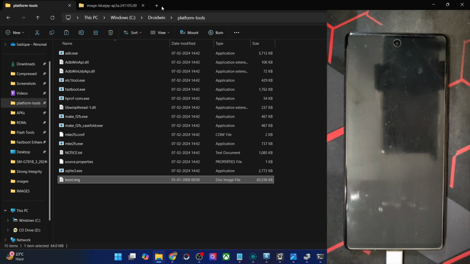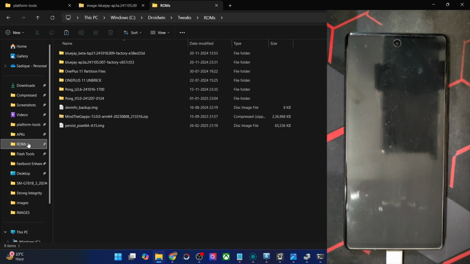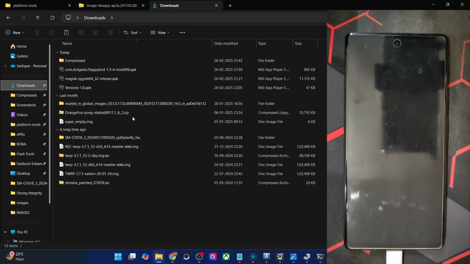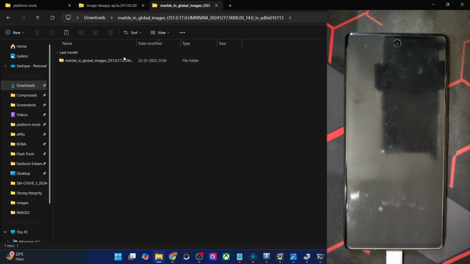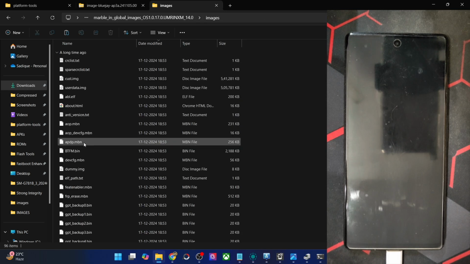In case of Xiaomi phones, you have to download the fastboot ROM, then extract it. Upon extraction, you will get the .tgz format, extract it with 7-Zip, and you will get the .tar file. Again, do an extraction, and then you will get a folder along the following lines. Go inside that folder and then go to the images folder and again get hold of either the boot or the init boot depending on the requirement.